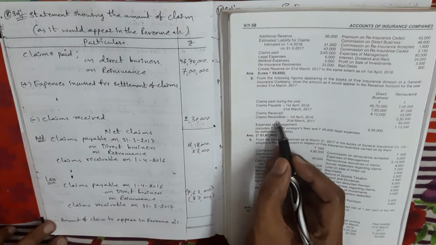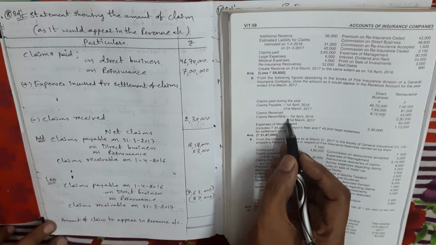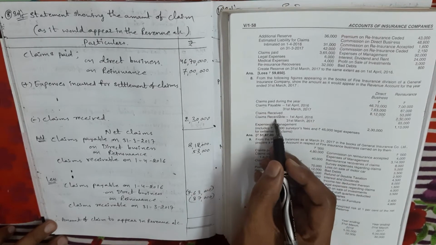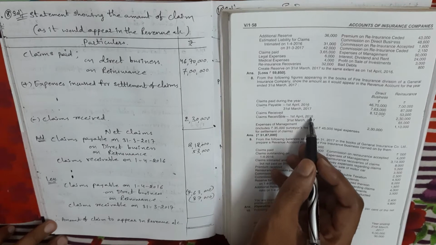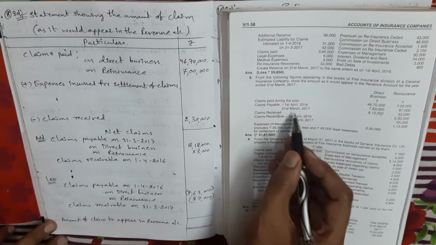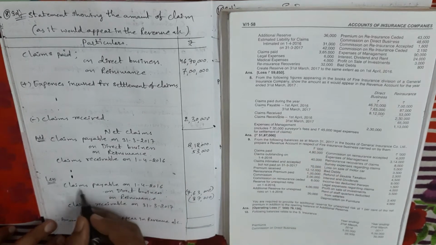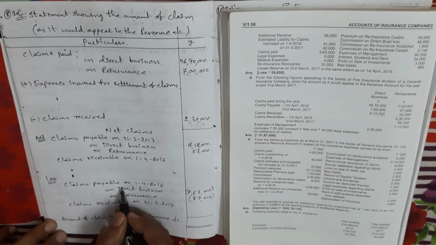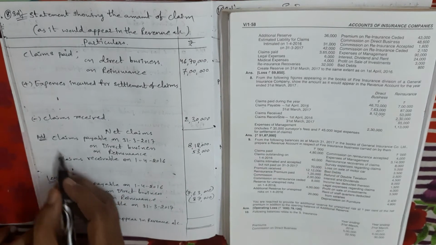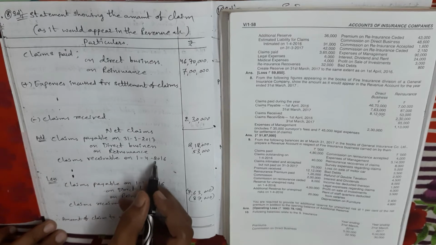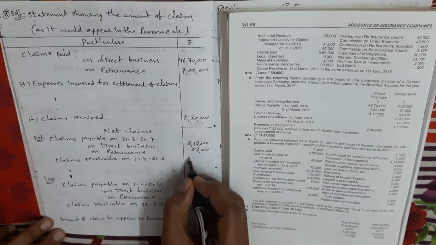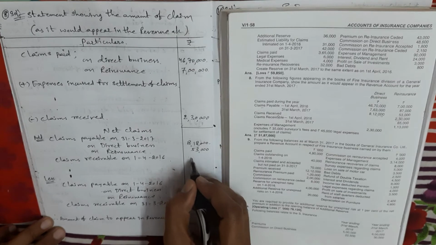Next, claims receivable amount. So my dear, claims receivable treatment is quite opposite to claims payable. So claims receivable on 1st April 2016 on reinsurance 65,000 opening balance. Claims payable amount, opening balance we subtract; then opening claims receivable amount we have to add. So in add, I'm taking claims receivable on 1st April 2016, that means at the beginning of the year. So direct outer column 65,000.